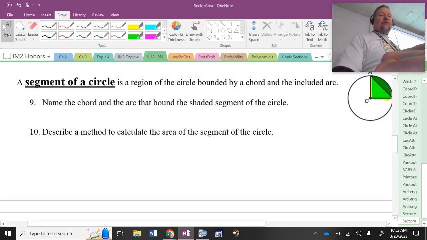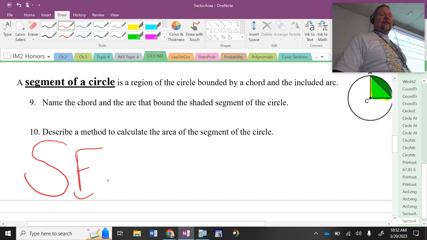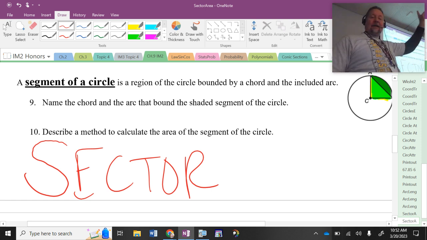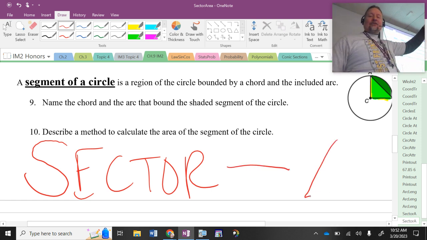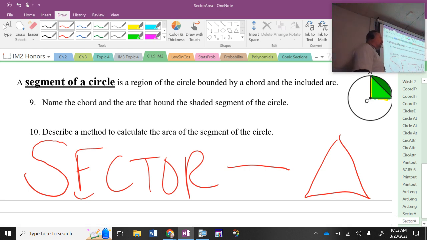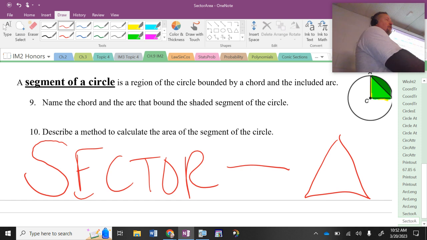I'm gonna do sector. Can you see this? Then what? Minus what? Triangle. That's how you're going to get the area of the segment. It's actually very easy. Now, when we come back from break and we have more area questions, when we incorporate